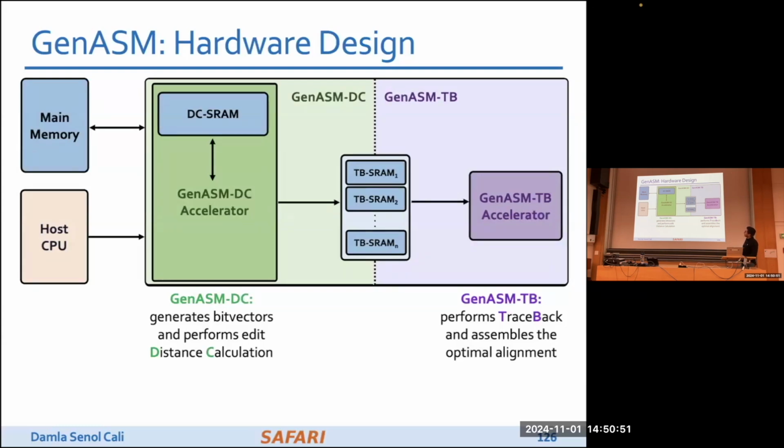So we mainly have two parts. One is the GNASM DC. This refers to the distance calculation, DC. Here we literally directly use the BiTAP algorithm. So we accelerate the BiTAP algorithm here to perform the approximate string matching. But what is further needed in alignment is that the approximate string matching tells you